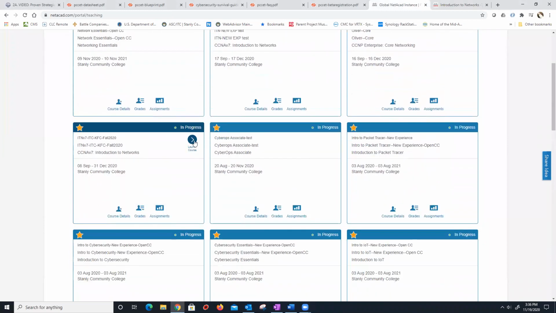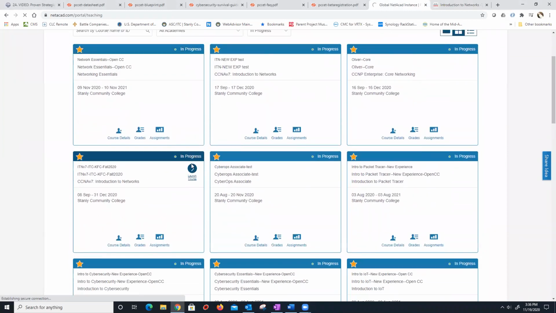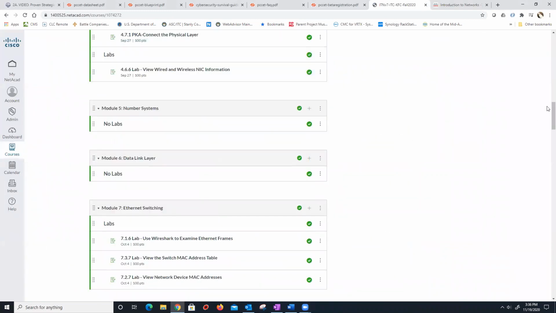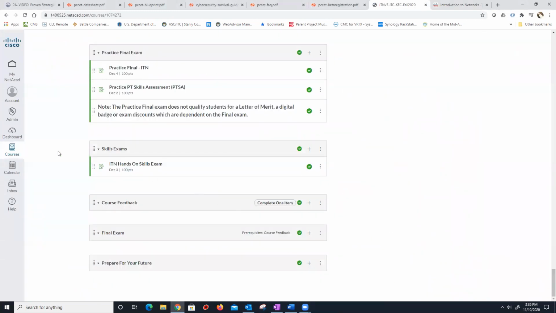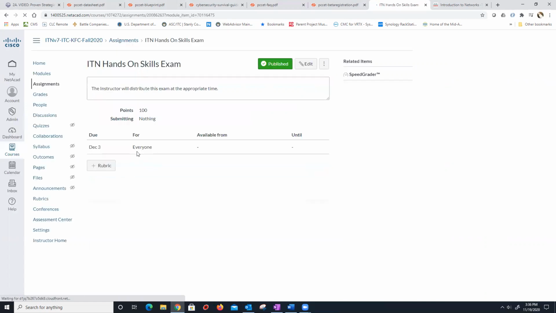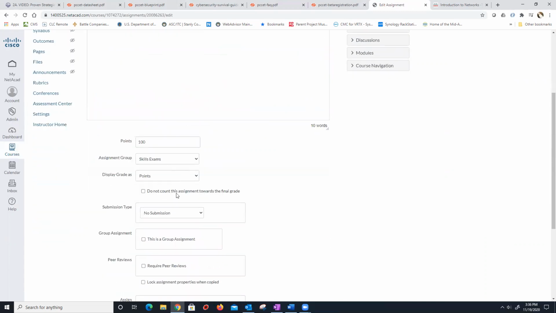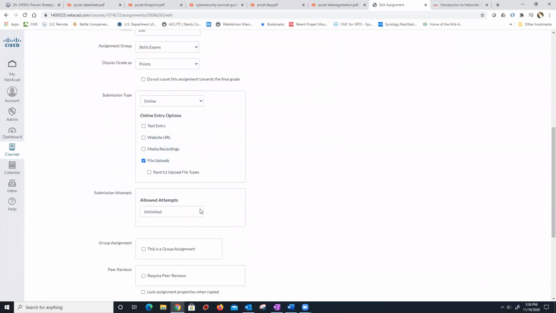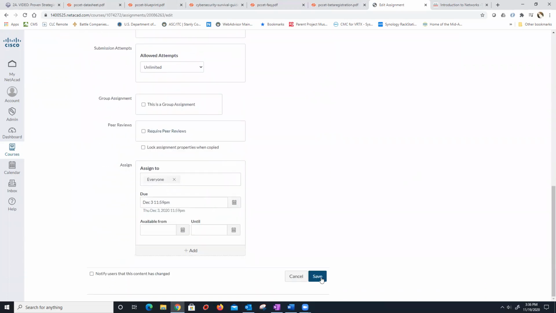I do want to go over, you will see in your modules for our class an item called the hands-on test or the skills final. So down here, ITC hands-on final due December 3rd. Right now, there's not a way for you to upload your hands-on assignment here, but I'm going to change that. I'm going to make this an online submission, so you can upload your finished